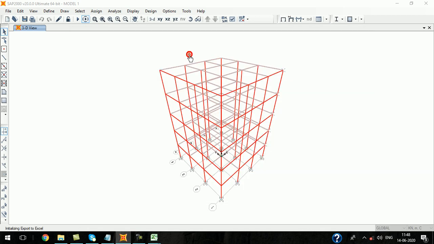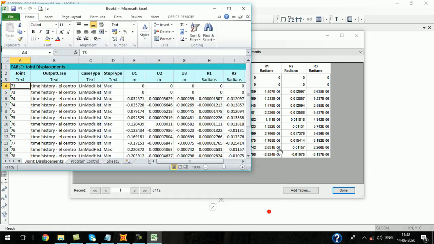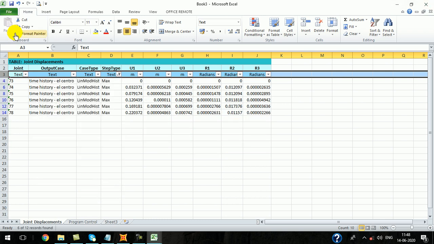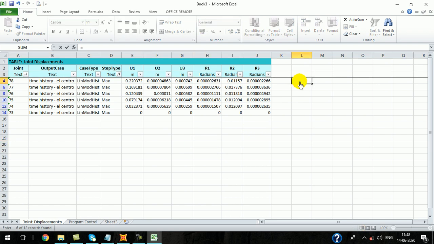Now export to Excel, and take the maximum. So these are the maximum values of the ground motion, and the values are very high.